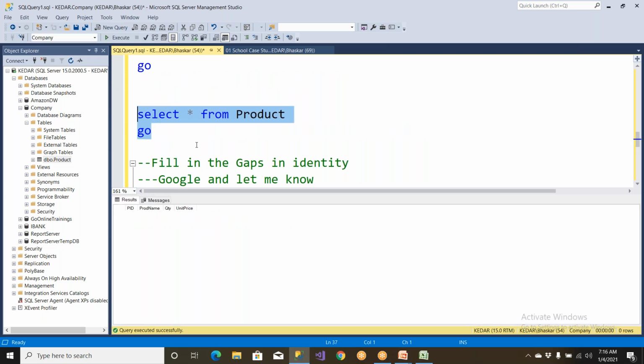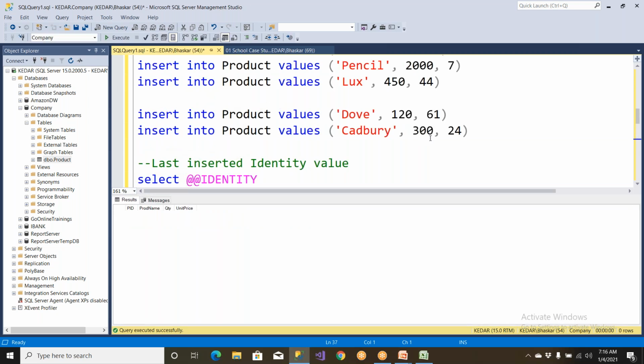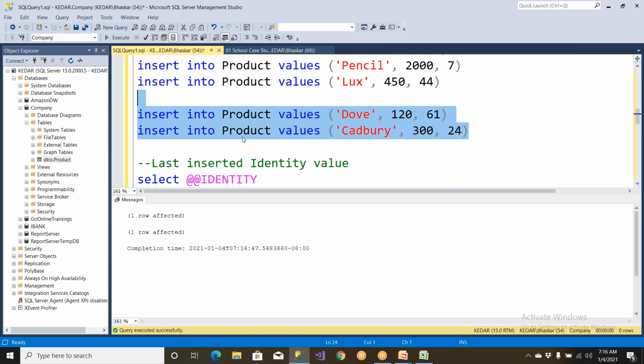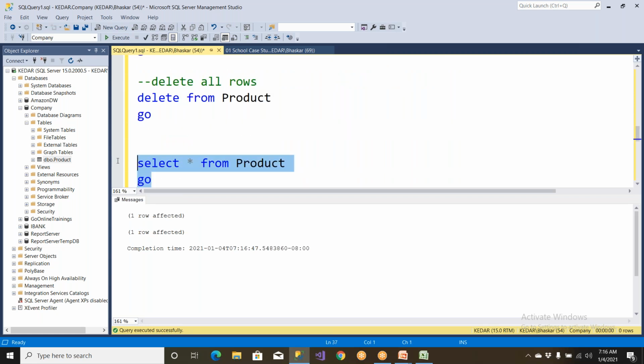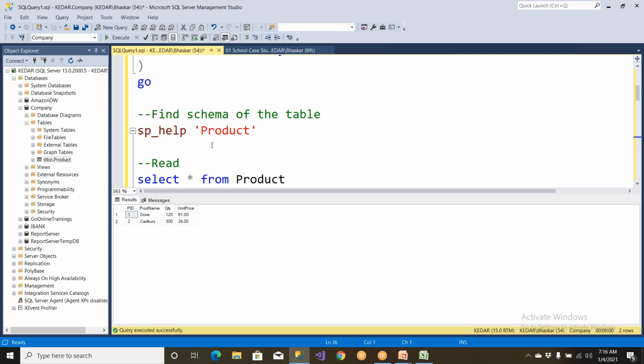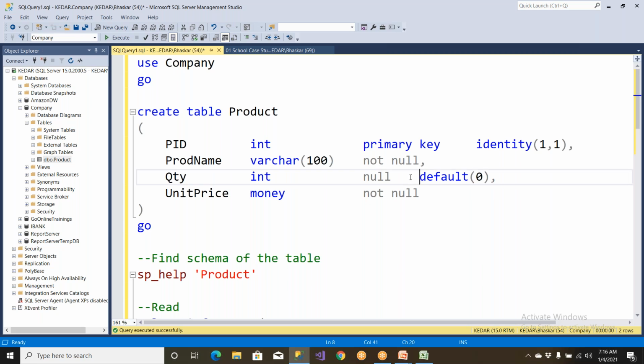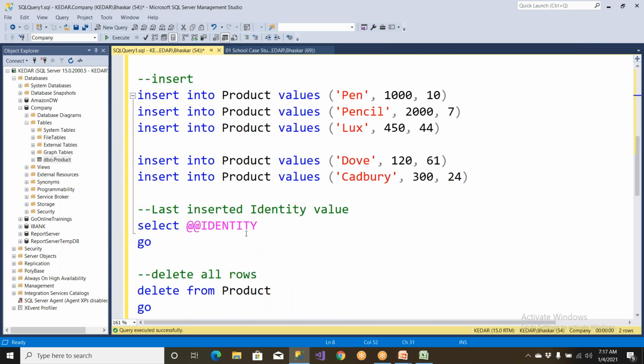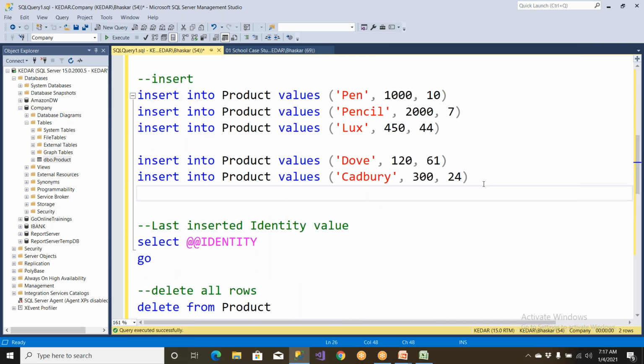I don't have any data now. If I wanted to insert the data, I can use it like this. Now, I wanted to show you some more things. We are talking about a default value, right? So there is a default value syntax we had given. So let me show you how to get the default value as well. To give the default value,